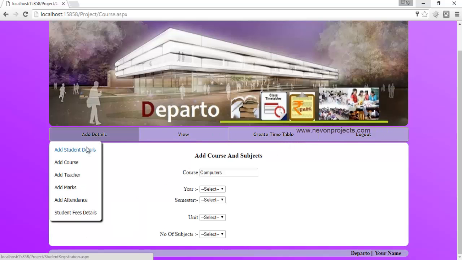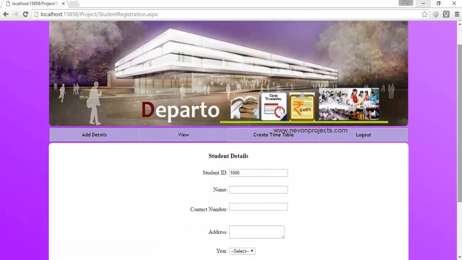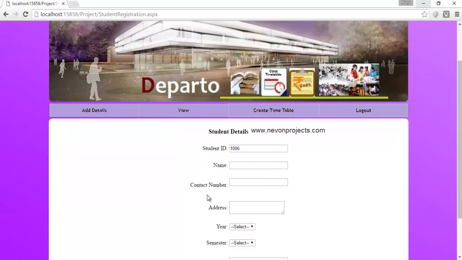So let's see the add student details module. Over here, the student ID is automatically generated by the system. Here you will specify the student details, his name, contact number, address. So let's enter the name of the student. And the contact number, address,